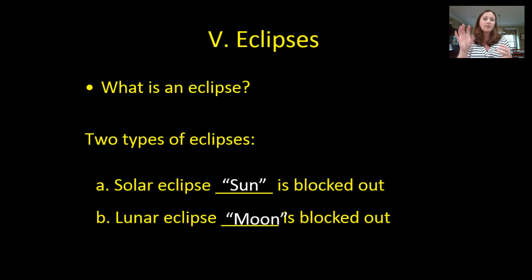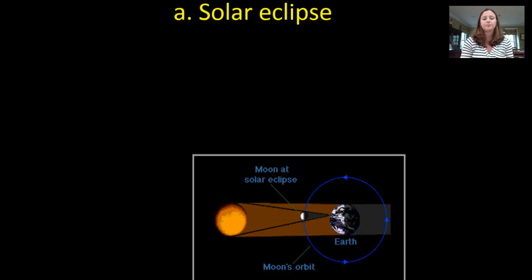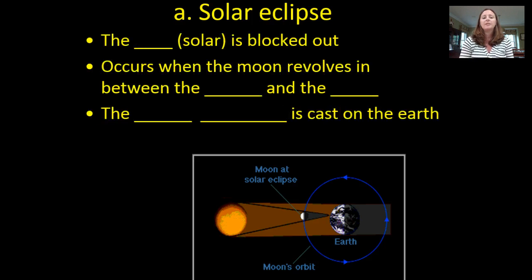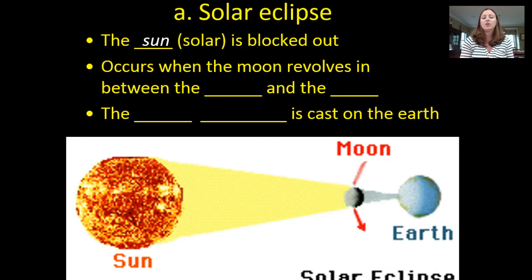Solar is sun, so the sun is blocked out. Lunar is moon, so the moon is blocked out. And let's look at each of those carefully. In a solar eclipse, the sun is blocked out. Now this occurs when the moon revolves between the earth and the sun, and the moon's shadow is then cast